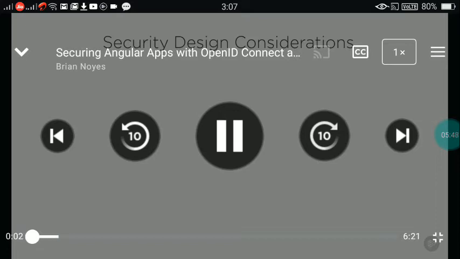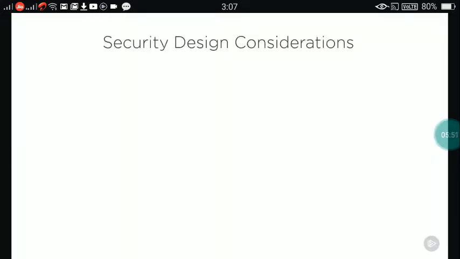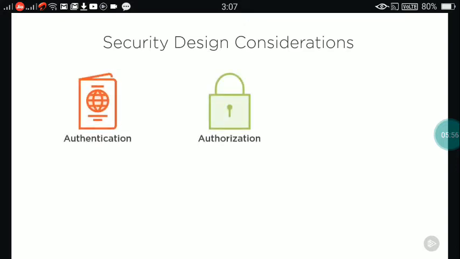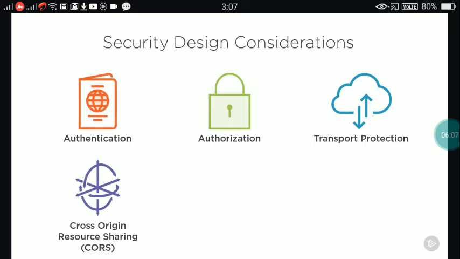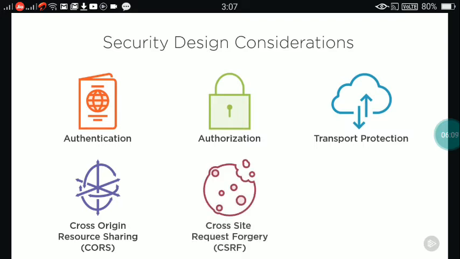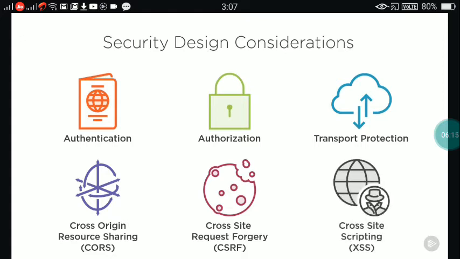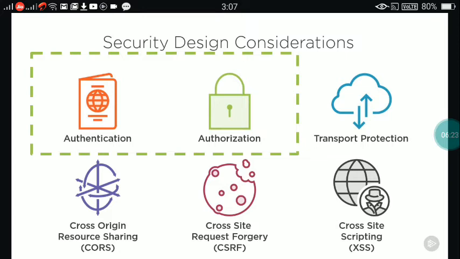There are a number of security considerations that you should make sure are covered in your application design and architecture. The first two are authentication and authorization, which will be the primary focus of this course. Other things you should make sure are part of your design include transport protection, cross-origin resource sharing, or CORS, cross-site request forgery, or CSRF, and cross-site scripting, typically abbreviated XSS, so it doesn't get confused with CSS styling. I'll be going into a lot more depth on authentication and authorization throughout the course, but let's talk briefly about